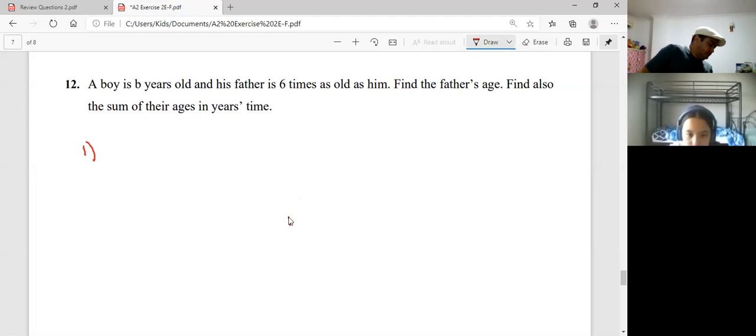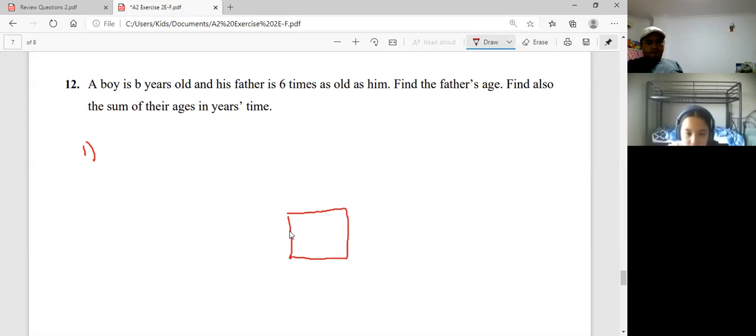So like this, like this, right? Uh-huh. And what's it have? So it's B and F. Father. F. okay. So boy And is b years old. Let's say just b. B, And father is 6 times, right? So that's 6b. B times oh